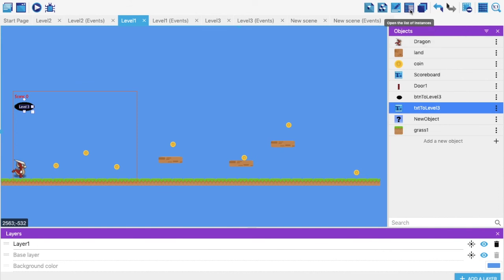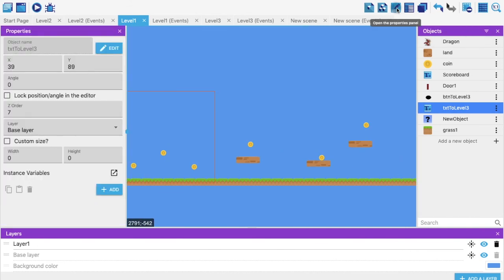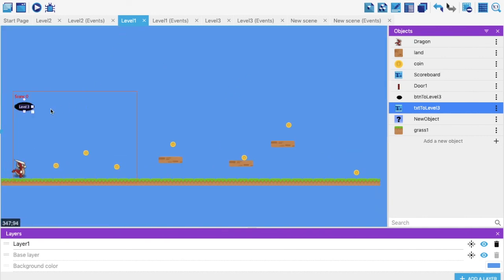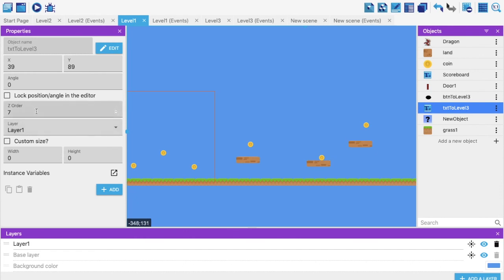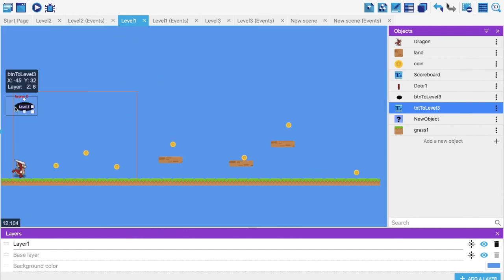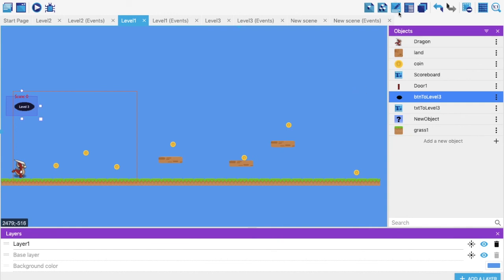So same thing, I'm going to go to property panels and change it to layer 1. Same thing I'm going to do with my text, because if you remember, the text was just put on the patch over there. So it's layer 1. Okay, now I just selected the button.